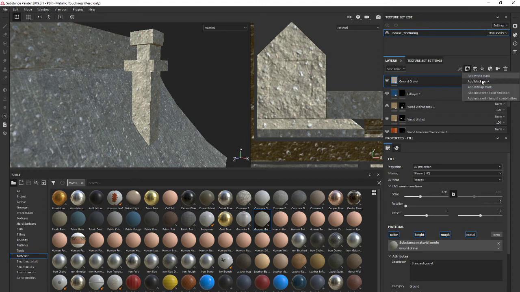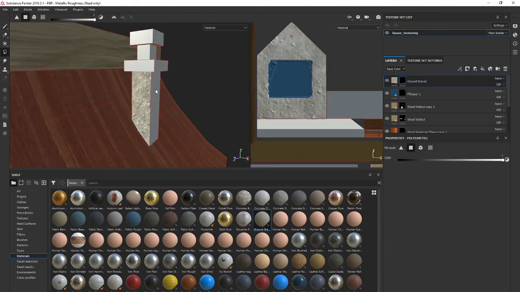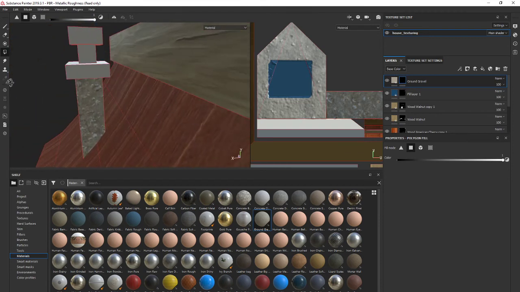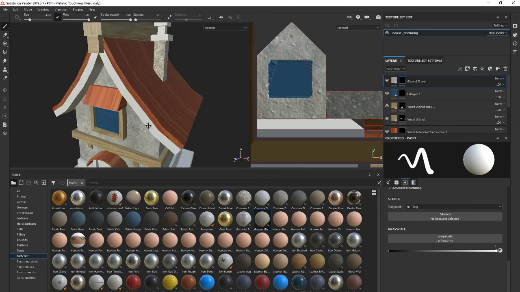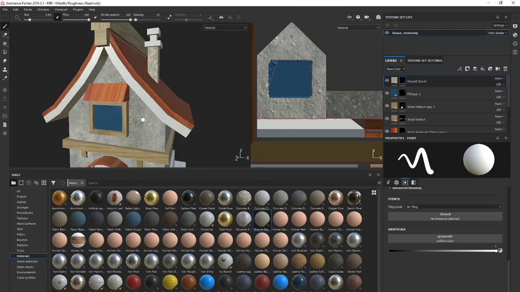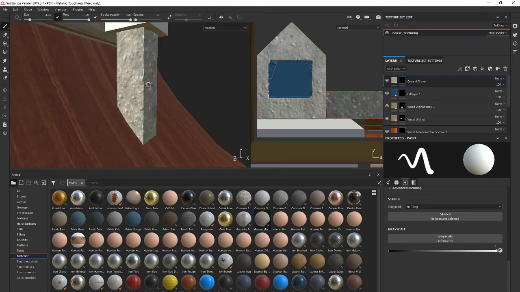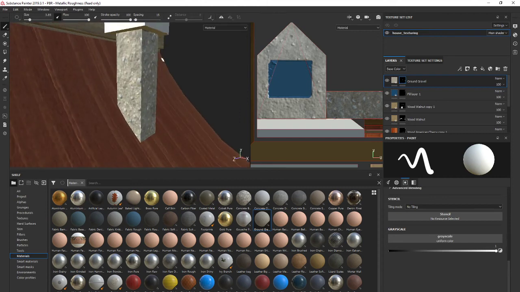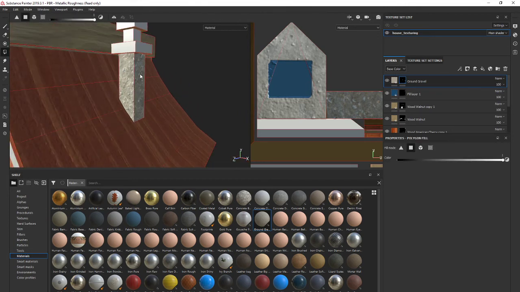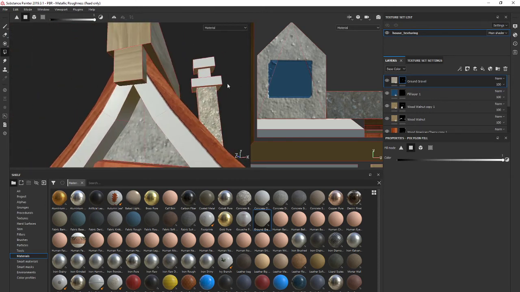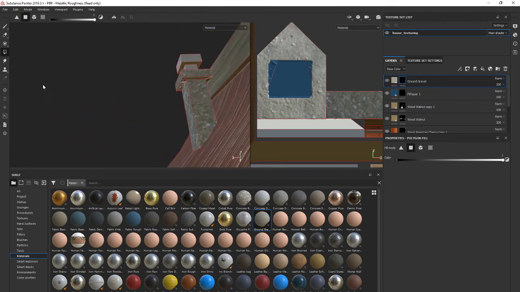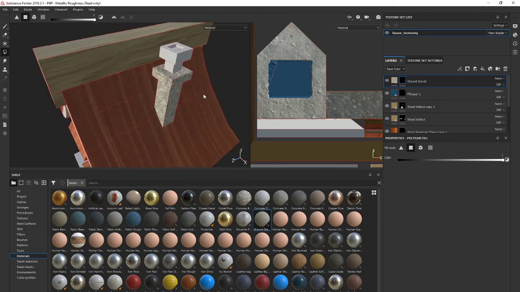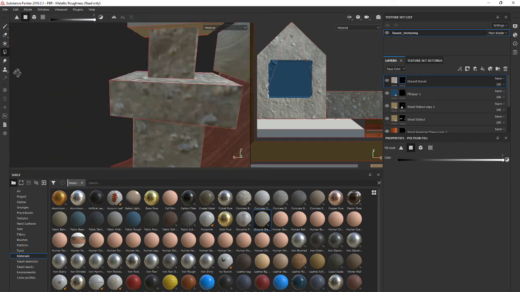And now I will just add a black mask again here, and I will add texture over here like that. It's pretty close to this type of concrete, but it will have small gravels. And yeah, right now I will just use the selection buttons again to control where to put that texture,